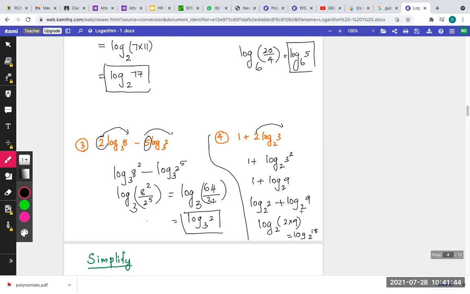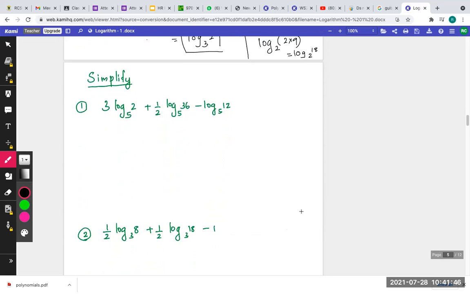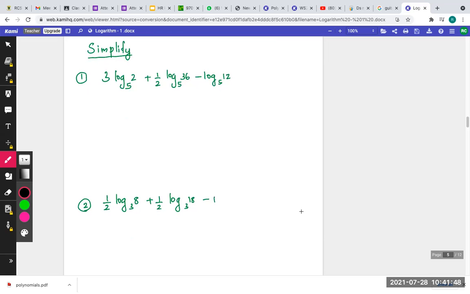Okay. Well, now the next question here is a little bit tricky. Simplify. Again, simplify means what? Make it simpler, right? This is actually expanded. There are 3 terms, and all the 3 terms contain logarithms, and all the logs have the same base. So obviously you would be able to apply the logarithmic laws, right? So here